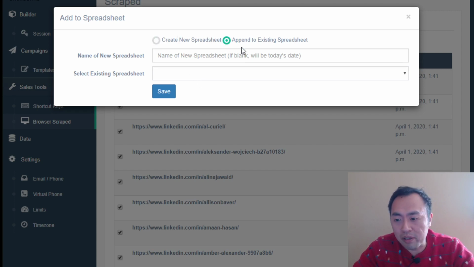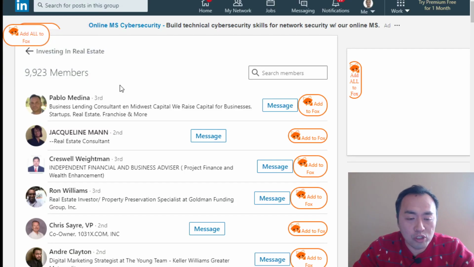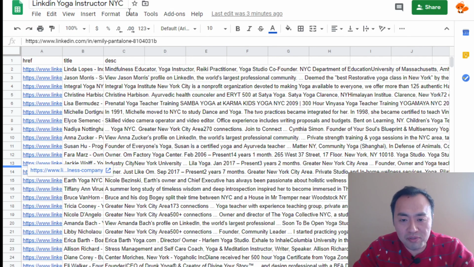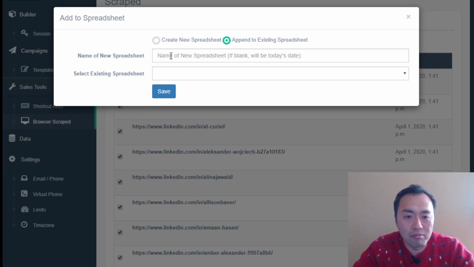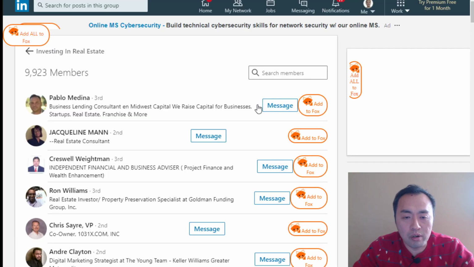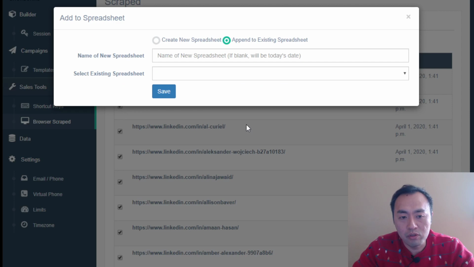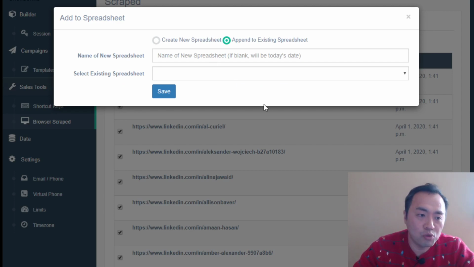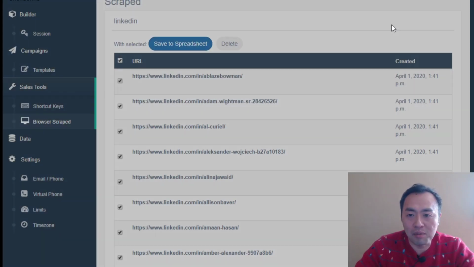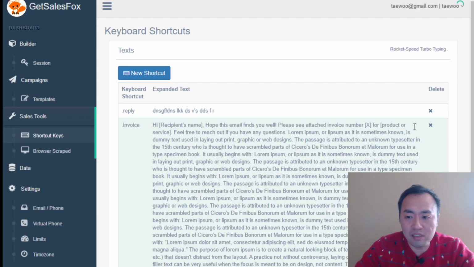The reason why appending is useful is because imagine you do multiple groups and it's pretty much the same information, right? Or if you do multiple searches, for example, you can just append to the existing ones. So this is super effective, super powerful. Combine that with the shortcut keys. If you haven't seen that video, you should definitely watch it, because these two combined with the template, the builder